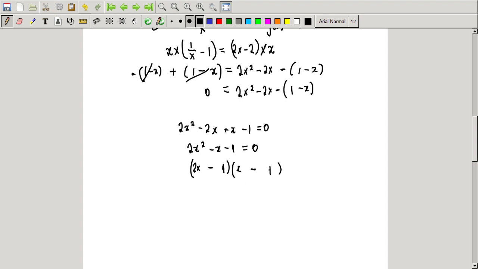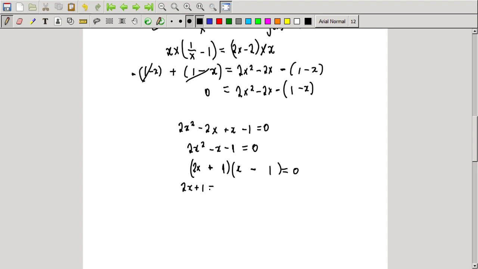So -1 times 2x minus x is equal to -3x. No, wrong. So here's going to be plus, because it's going to be -1 times x plus x is going to give us negative x. So our